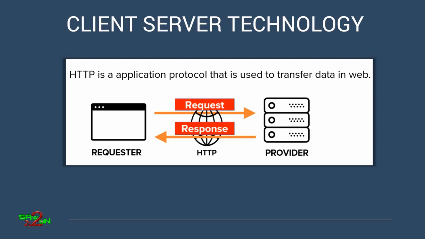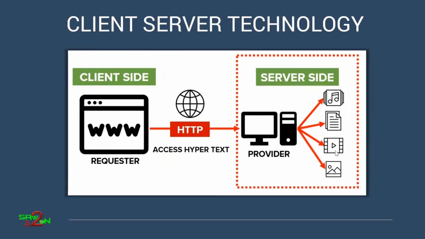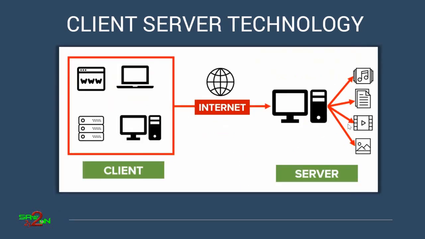All this is happening via HTTP, which is nothing but an application protocol used to transfer data on the web, and that data is nothing but hypertext. We have looked at what client side is. The one who is requesting is called client side, and the one who is providing all the information sitting in that server is called server side. There could be multiple clients and a single server. Multiple clients like your mobile phone, computer, and laptop are all trying to access the server and requesting to fetch details, and the server accepts those requests and sends the response with all those details back to these clients. All this communication happens via the HTTP protocol.